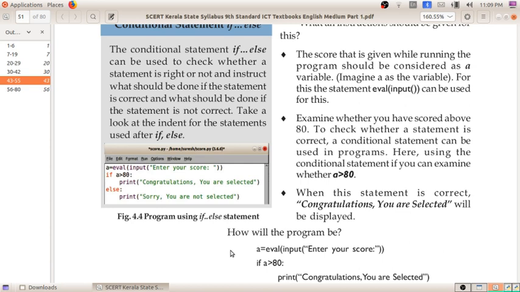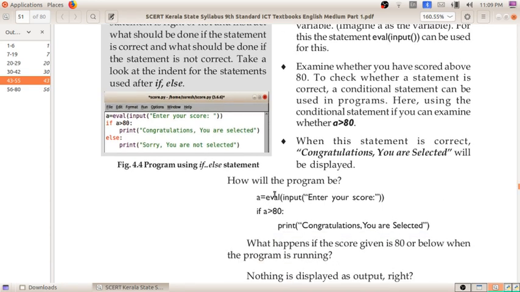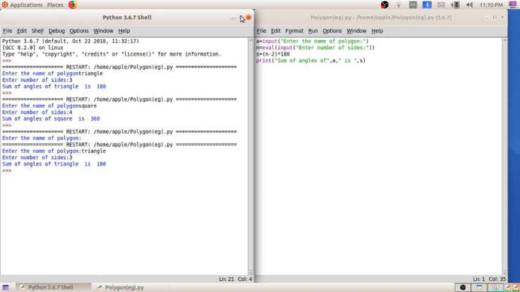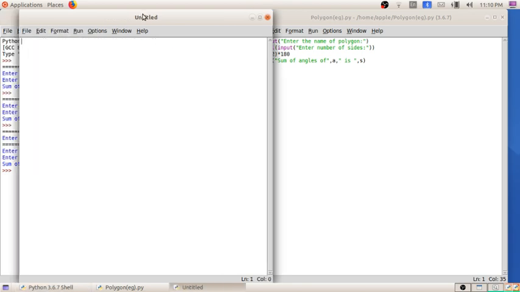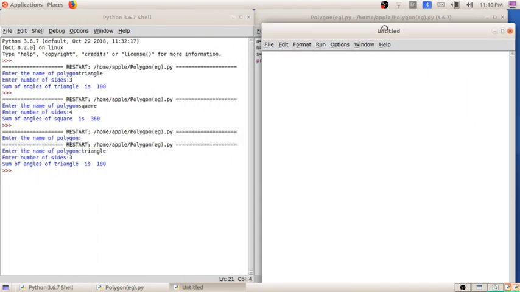First I will do this program using only if, not else. I am opening a new file, and here I am typing the program.